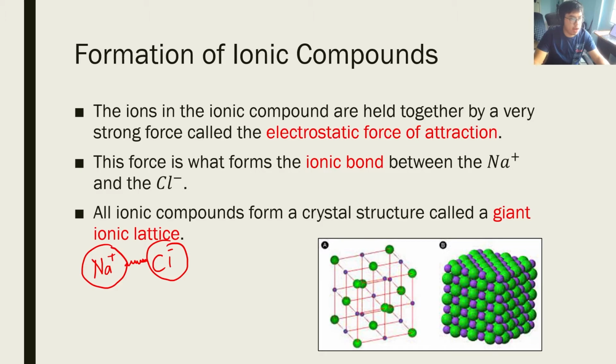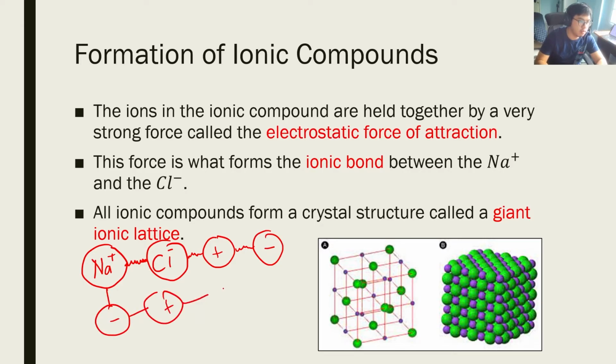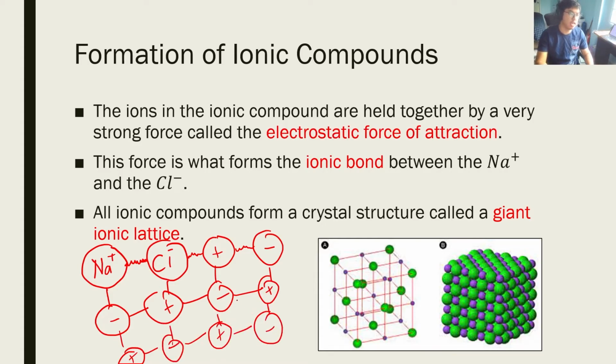All ionic compounds form a crystal structure called a giant ionic lattice. So in real life, it's not just these two. Okay, there are many more. So you have another positive ion here, another negative ion here. This one, negative too. This one positive, negative, positive. Okay, they will all join to form this sort of lattice. This is what we call the lattice structure. So yeah, plus minus, plus minus, plus minus. So it looks like this, okay, or it looks like that. Okay, this is what we call a lattice